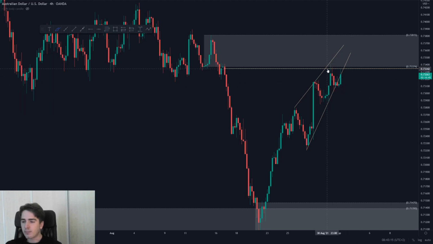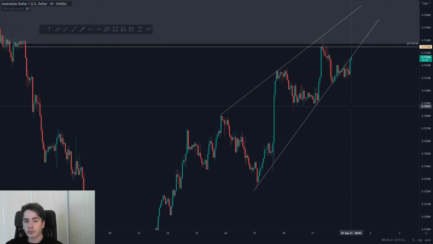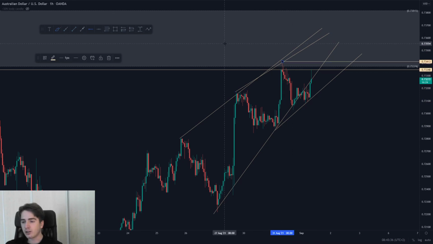However, we did come back up to hit people out of their break-even position. So going to the 1 hour at the moment, we are forming a new channel within this overall wedge. Let me just draw that in for you guys. This is kind of what we're looking at the moment, a channel or wedge in a wedge. That is extra confirmation for a drop potentially once we reach this swing high over here.